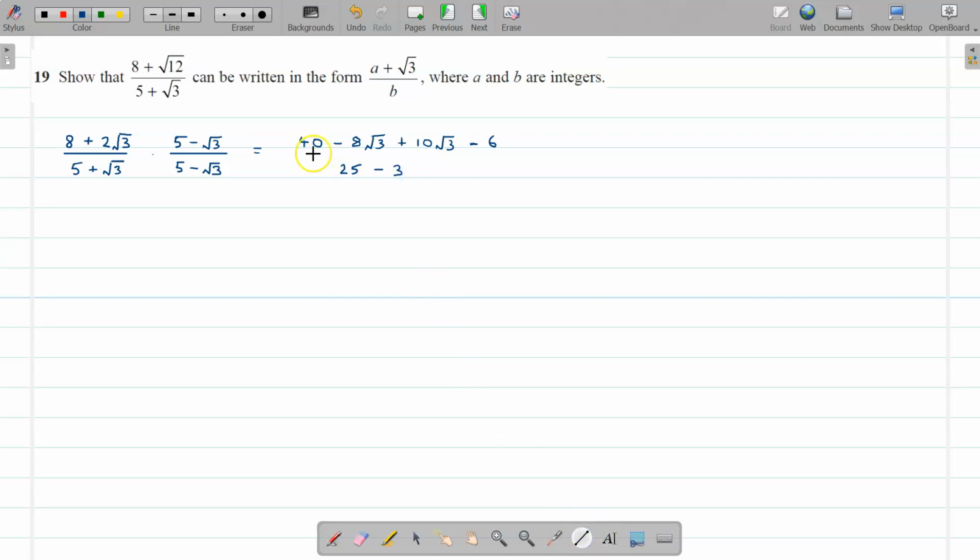Now, when I simplify that, obviously on the bottom I've got 22, on the top I've got 40 minus 6, which is 34, and I've also got minus 8 root 3 plus 10 root 3, which is plus 2 root 3,